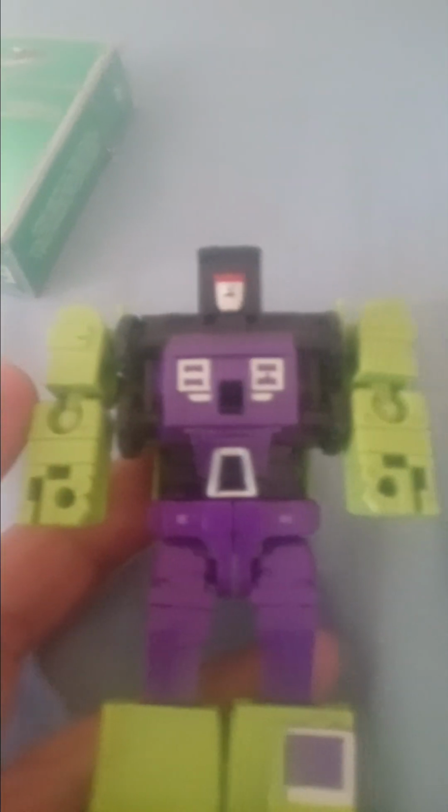And we're starting a new theme that's going to last a couple of months as we are doing a three back to back combiners special. Starting with the Constructicons, the first combiner ever in Transformers lore. But before we get to our first one, Hook, which is the head of Devastator, we are going to do